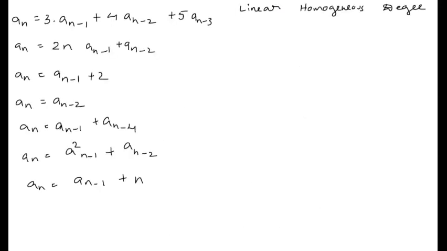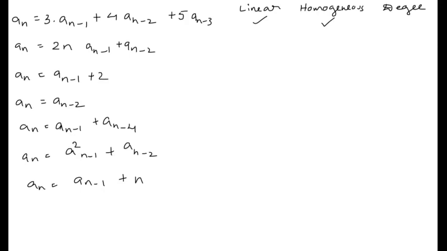Now we will see some examples of whether these are linear homogeneous recurrence relations with constant coefficients or not. If so, we will find the degree also. The first one is a_n = 3 a_(n-1) + 4 a_(n-2) + 5 a_(n-3). Here the right hand side is the sum of the previous terms, so it is linear, and every term is in the format Ck a_(n-k), so it is homogeneous. And we'll find the degree.